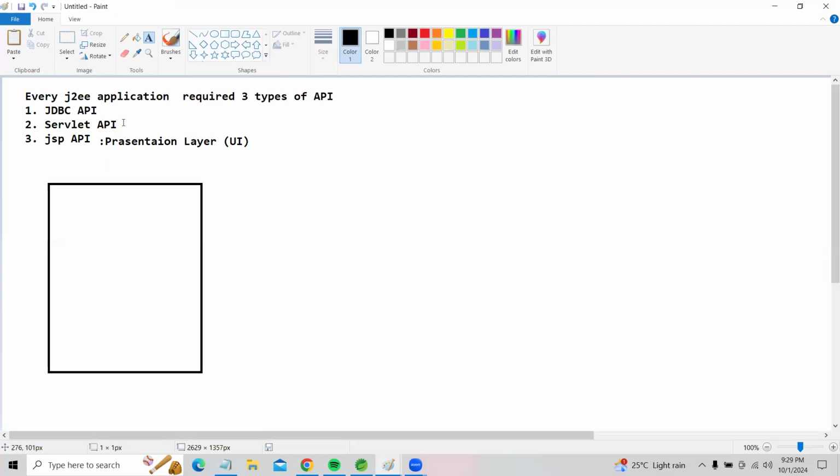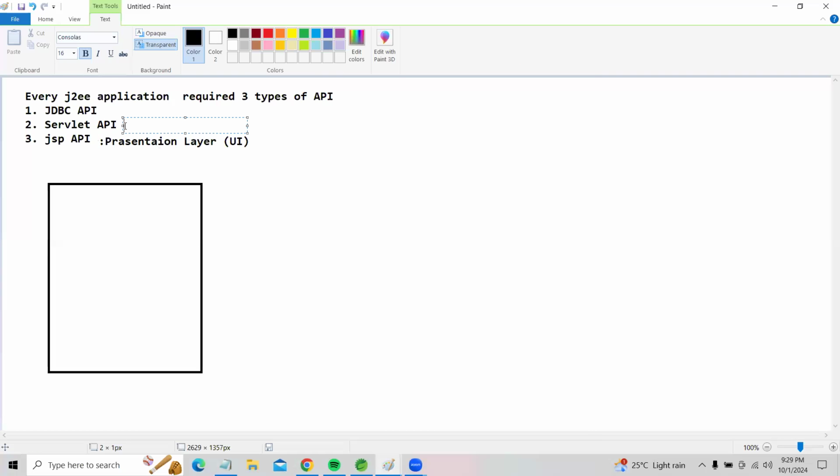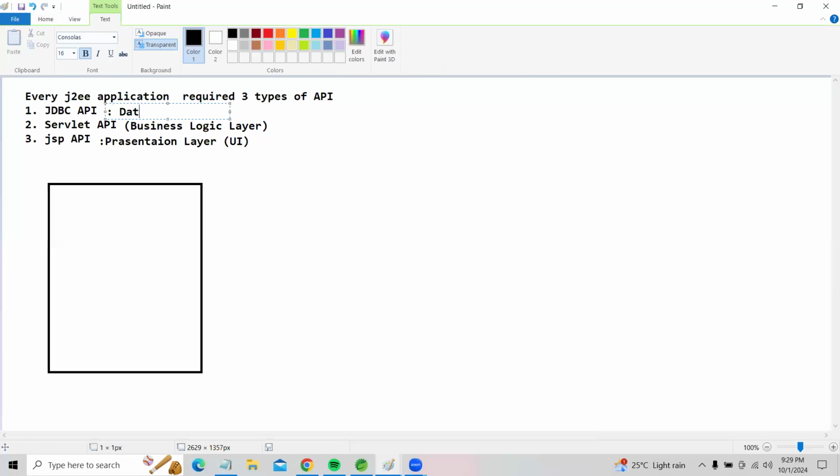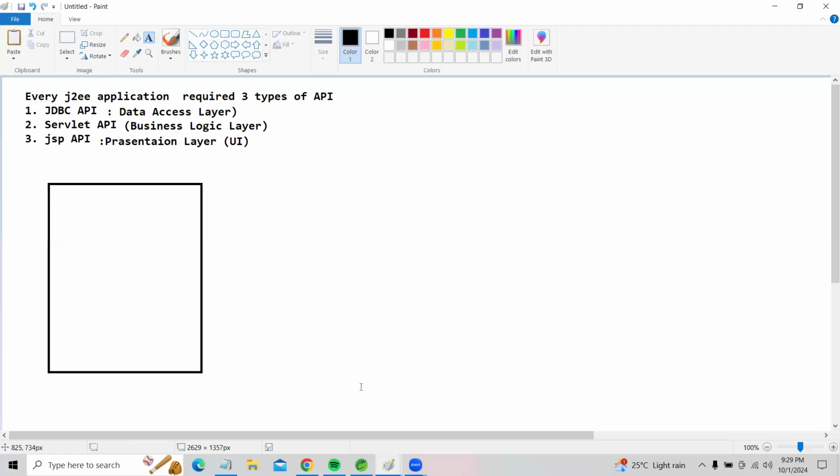The Servlet API's purpose is to implement the business logic layer. This is the second layer. The third one, the Jdbc API, is nothing but the data access layer. So every web-based application is designed with 3 types of layers.